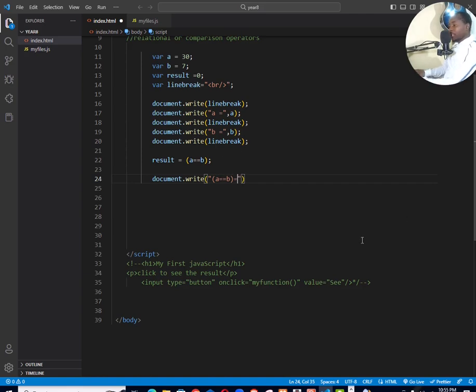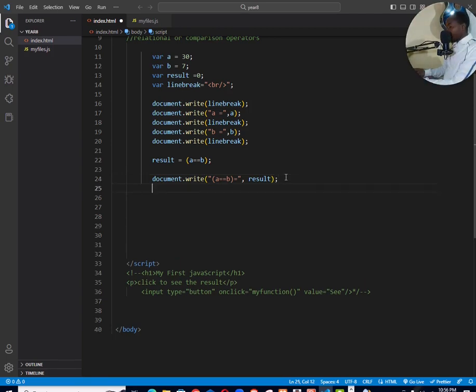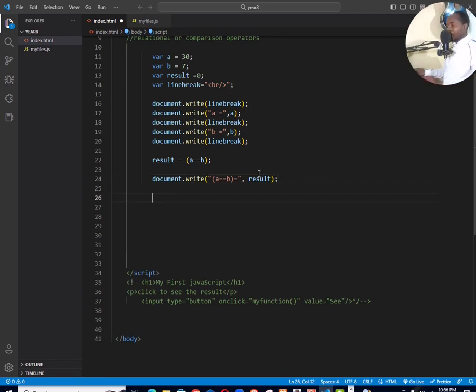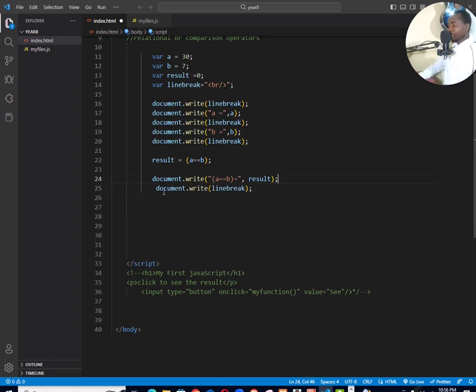So what will we get when we say, put a decimal there and write result. So I want result to be displayed there. Then here I'm going to copy this so that I save on time. I'm going to copy this and paste it here. So once I have it there,